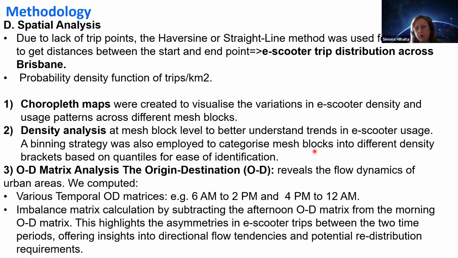And I think the last point, given the limited data set that we had, we looked at the distribution of origin-destination matrices, which is basically looking at origin and destination interconnectivity in terms of demand, so the number of trips. Let's say, for example, you have a CBD area and you want to know from that CBD area, on average, how many trips are going to, let's say, a peripheral area. So we grouped all these start points and end points in order to be able to match what we call OD pairs.